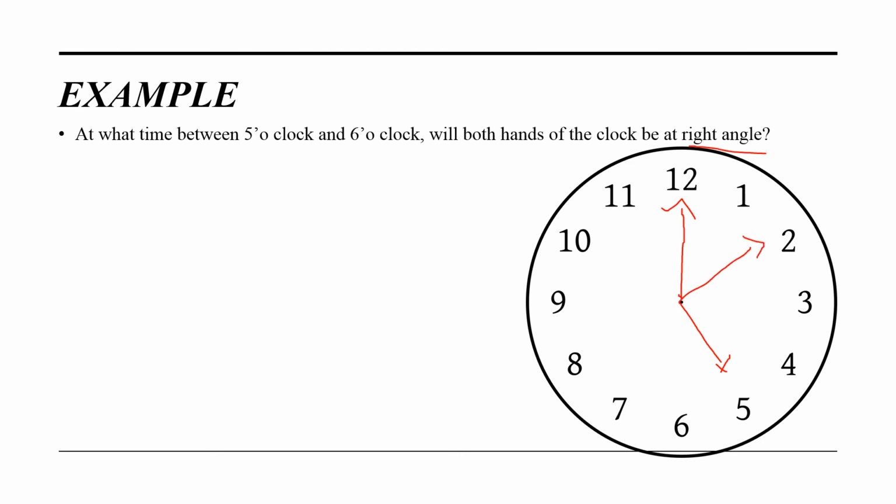After 10 minutes, the minute hand and hour hand will be at 90 degrees. This is not the only way to solve this problem. Again, after it crosses 25 minutes, it will form a right angle also. After 40 minutes, it will again form a right angle. We need to find these two times for this problem.